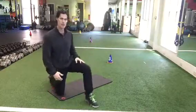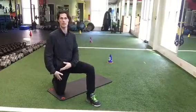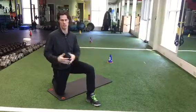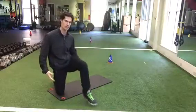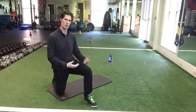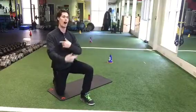Okay, now your hip flexor is a muscle that is attaching to your femur, and then it also comes up into your lower lumbar spine. There's a specific muscle with that, I won't get into it, but anyways, it does this type of movement. So it pulls your knee into your chest. Since it pulls the knee into the chest, which is called hip flexion, we want to do the opposite of